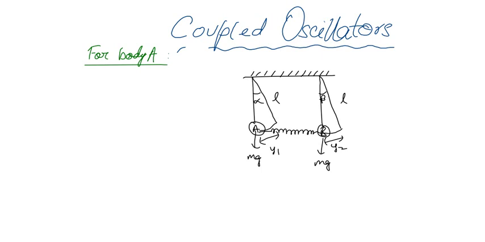So when it is at this position, it has a restoring force F is equal to minus mg sine alpha. Now in this particular case, what is sine alpha? Sine alpha is nothing but your y1 divided by L. So we can substitute minus mg y1 by L,